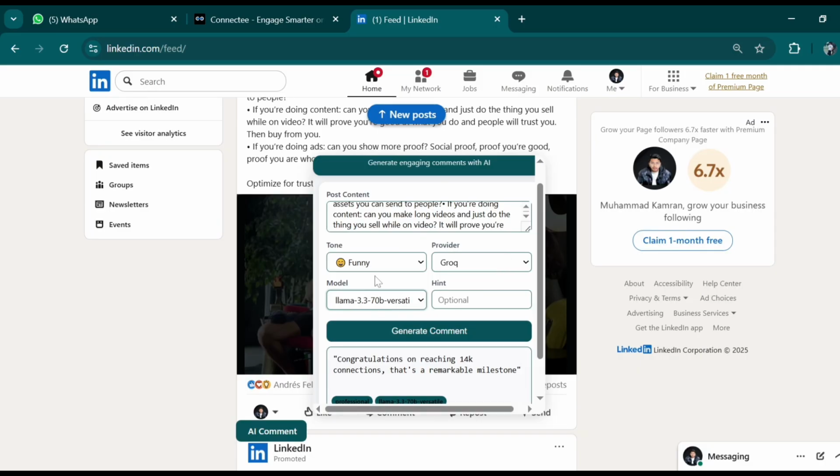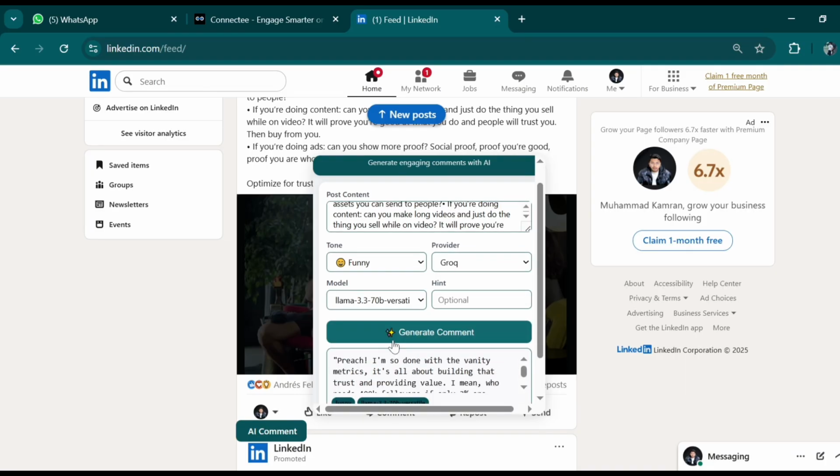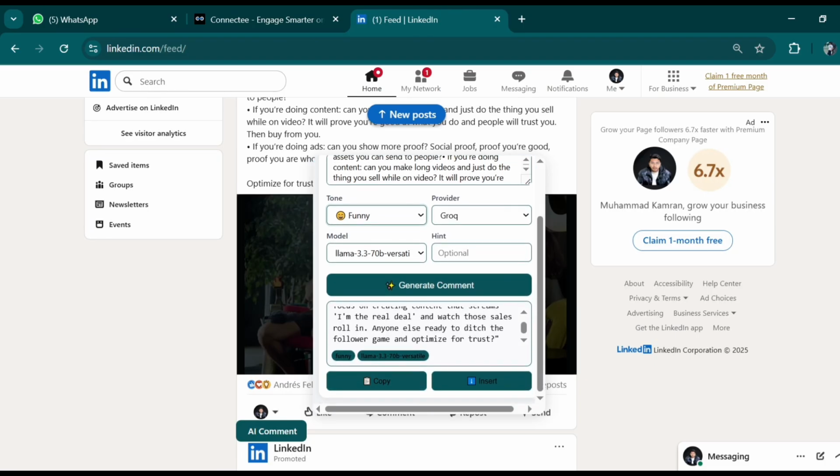After selecting all these inputs, you have to click on generate comment. Once you click on generate comment, it will load a little bit, and it will generate that comment for you, whether a professional comment or a funny comment. This time we selected funny, so it generates a funny comment.